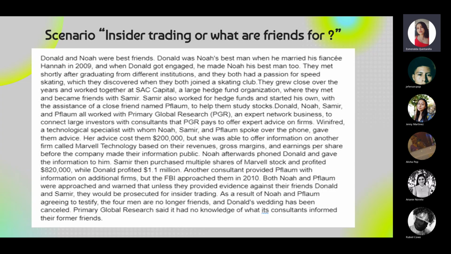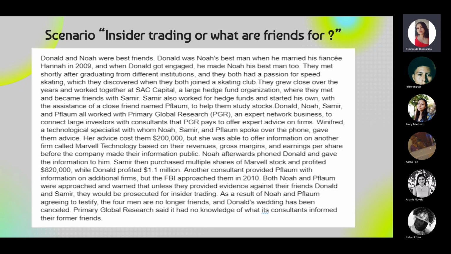One day, a person named Winfred approached Noah and Flom about telling them about another company's revenue, profits, and so on. The two friends told this information to their close friends, Donald and Samir. The information they received was another company's information before it was published by the company itself. Both Samir and Donald profited from it before the information